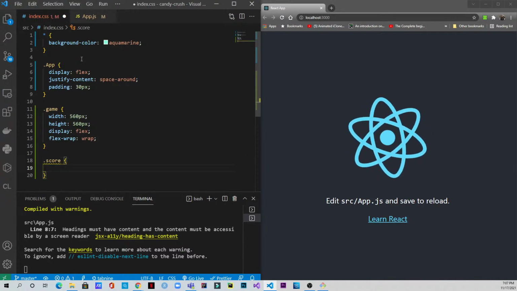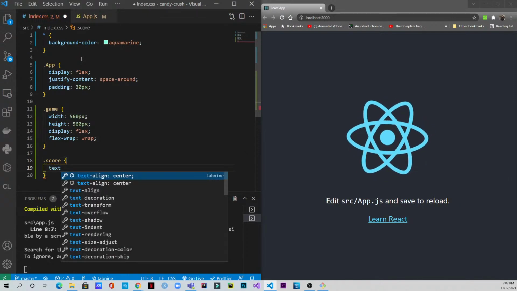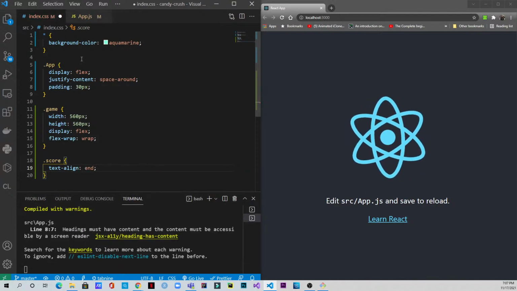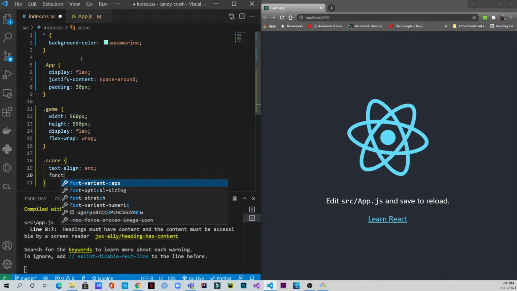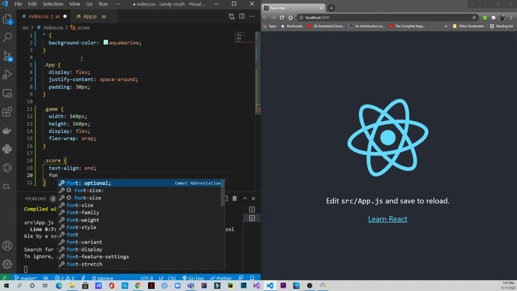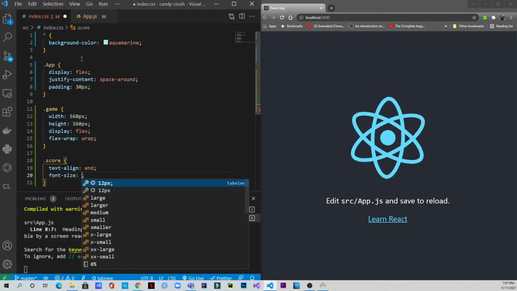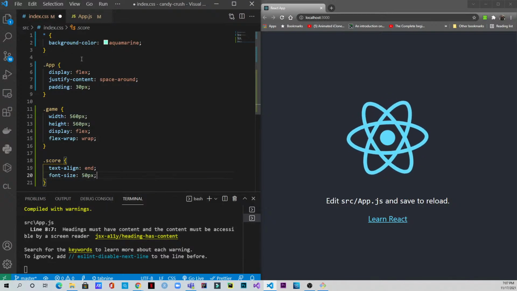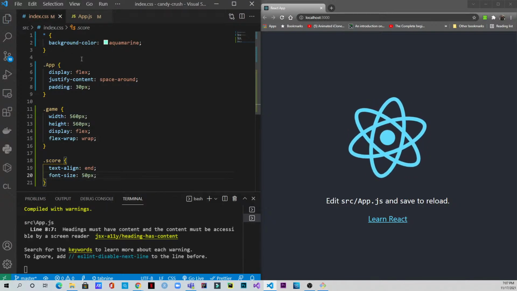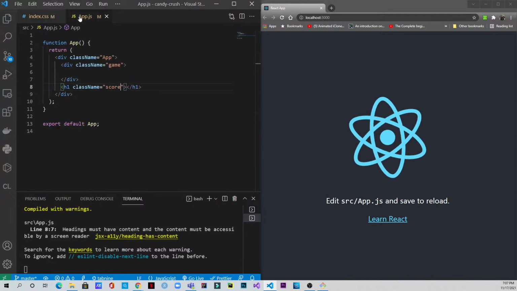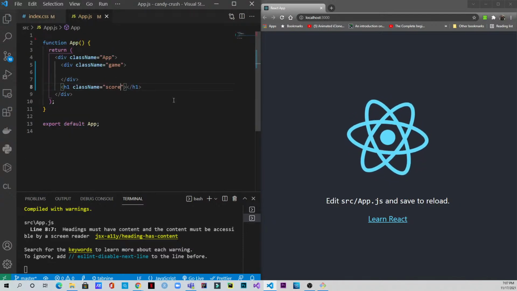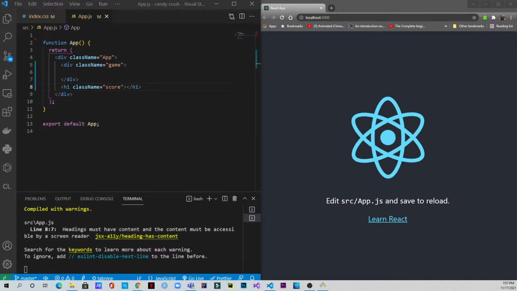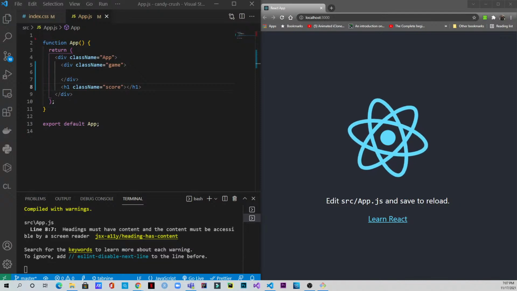So in that case, I just wanted text align to be end, and font size will be 50 pixels. That's what I want. Okay. So right now, as we have nothing, what we're going to do is, let's start by importing